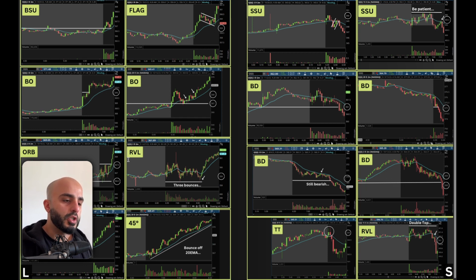So by having this cheat sheet, and I can switch it on not just the screen in front of me, which is my execution screen, my main screen, but also on my secondary screen, because there may be a situation where I'm currently in a trade and I want to see this reference on the left side. So I'll have it available for me. Or I'm looking at the watch list, and on my main execution screen, I want to have this available to me. So by having this cheat sheet on both screens, or however many screens you need,